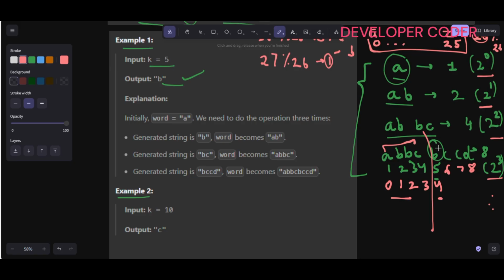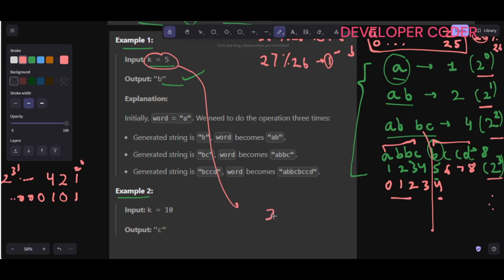So what we need is k equal to 5. First, I'm going to write 5 in binary form: 1 2 4, so it is nothing but like this. And there are so many zeros here, until 31, so 2 power 31 until here. This is nothing but 2 power 0, so until here, 31 minus